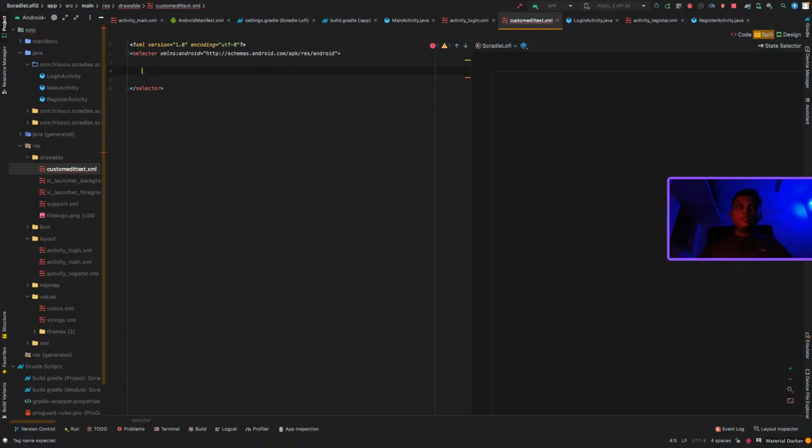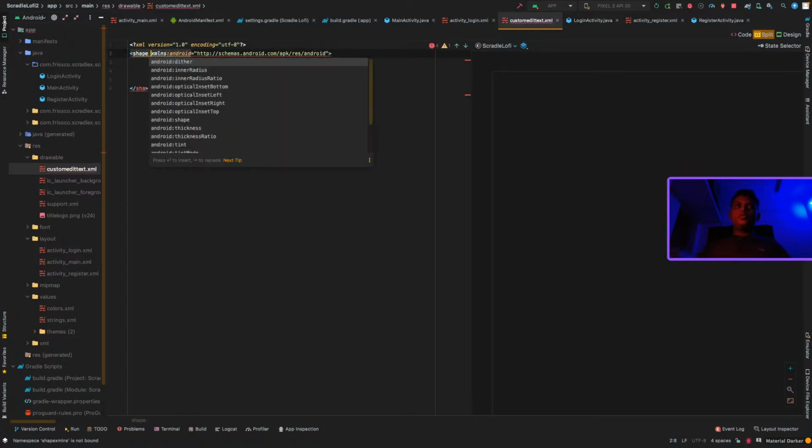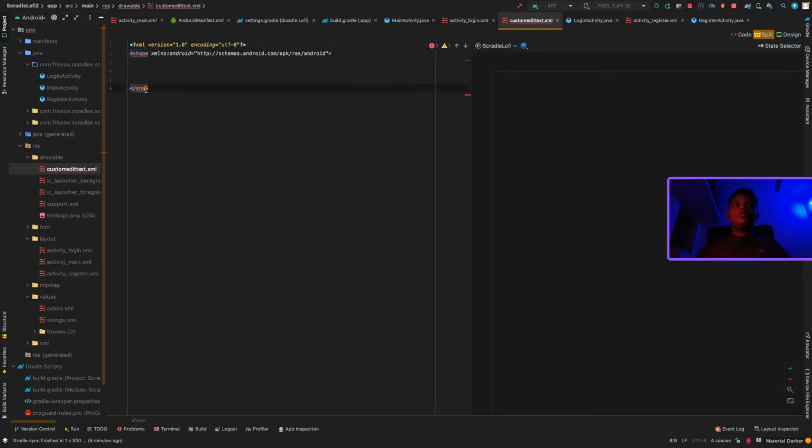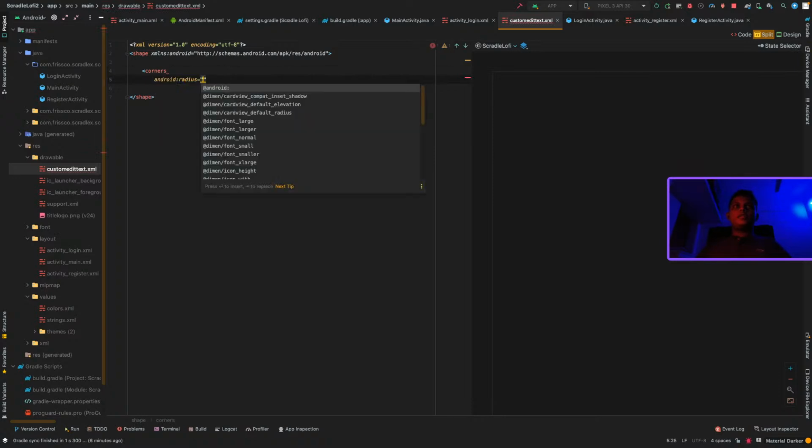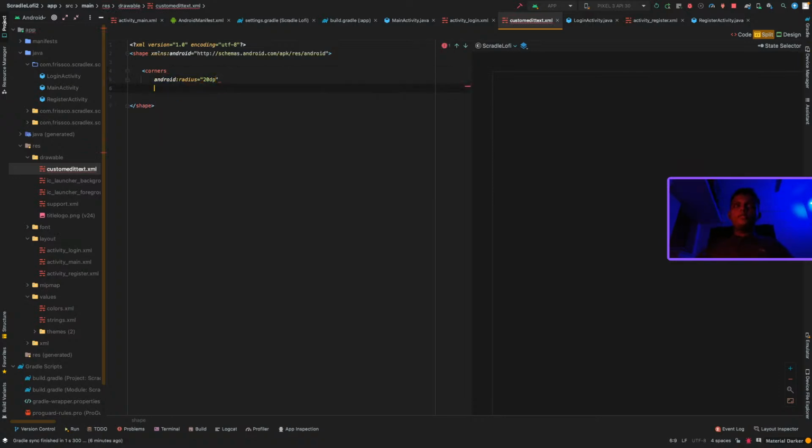Or let me just make it as shape. To have it as corners. Radius will be 20 dp, and then